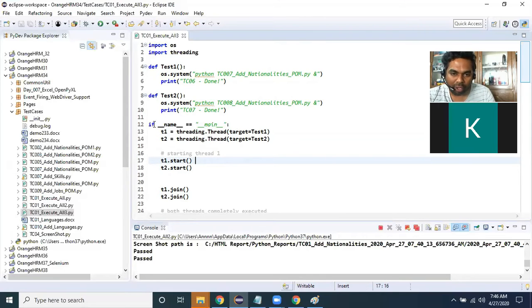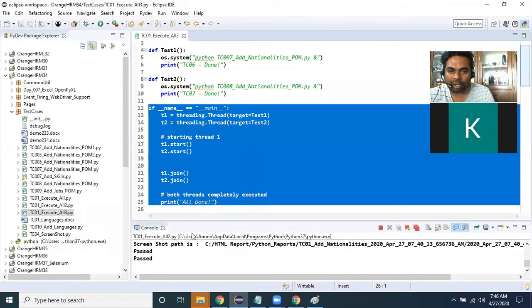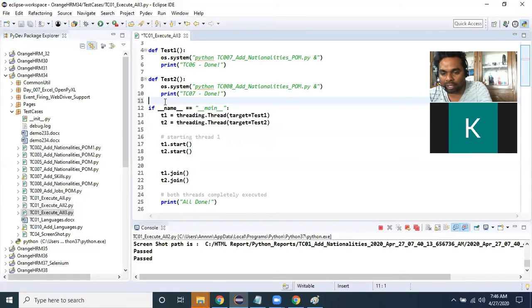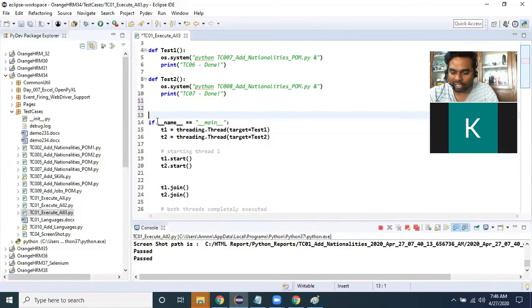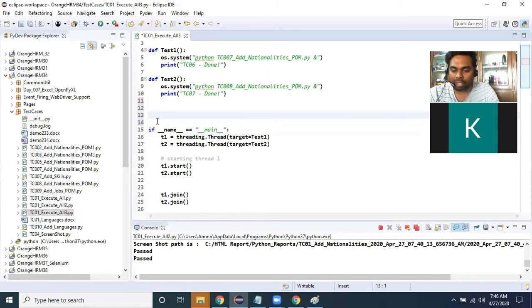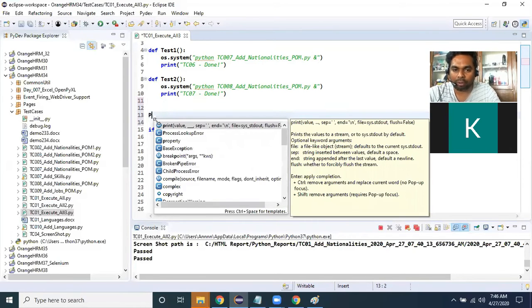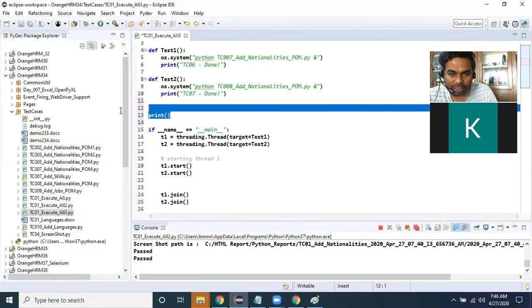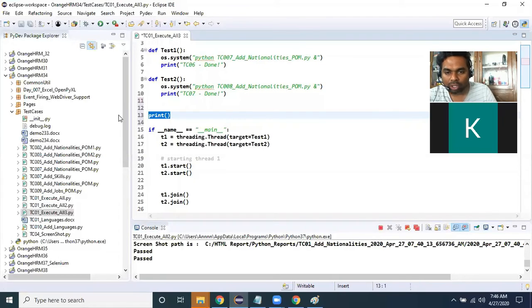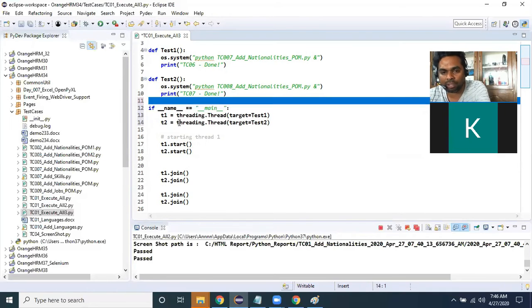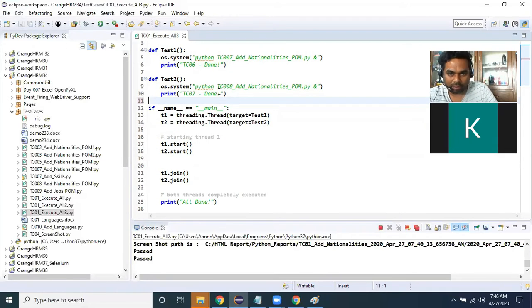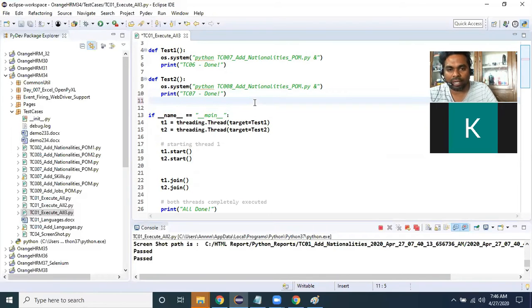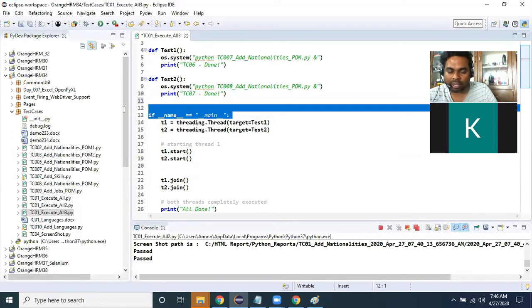If you are not writing it explicitly, the program lines will be executed by default. But when you write it explicitly like this, whatever code you have written inside the main method, from there onwards the actual program execution will start. Anyway, we are going to learn the Python concepts. So the main logic has started here.